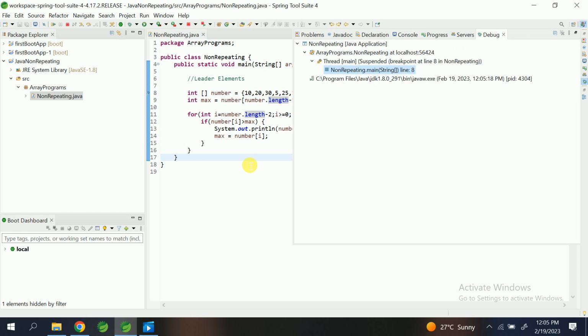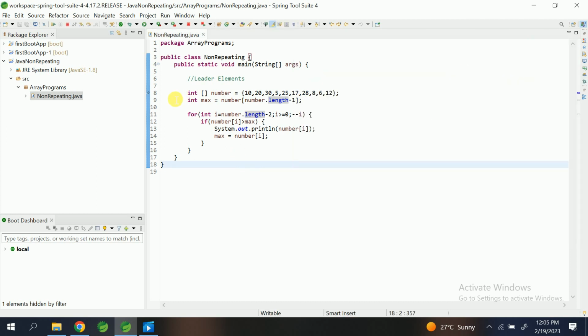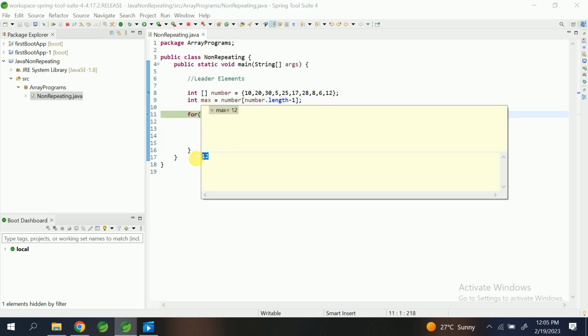Yeah, it's running. It'll stop here. Come on, it's somewhat slow on my system. Yeah, it stops here. Step over. We got our array number. One more step. The max value should be 12. Yeah, the last